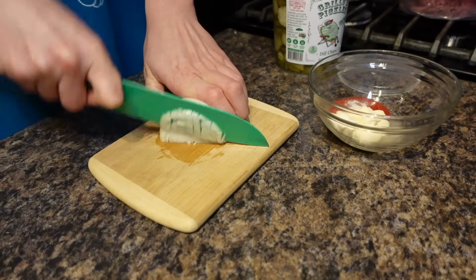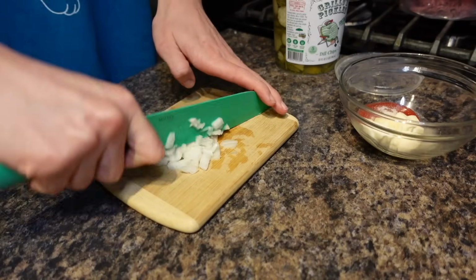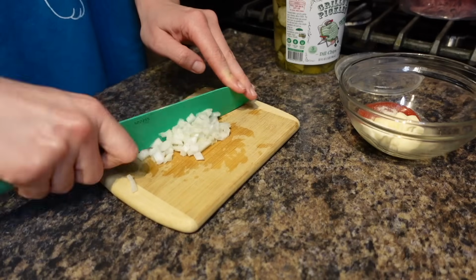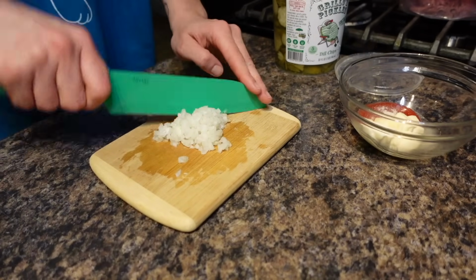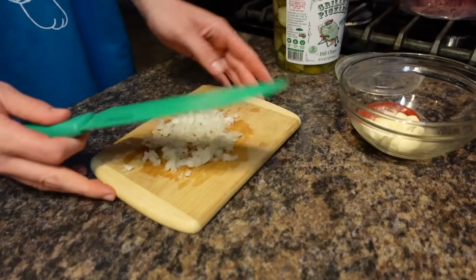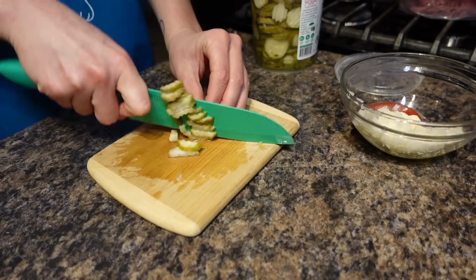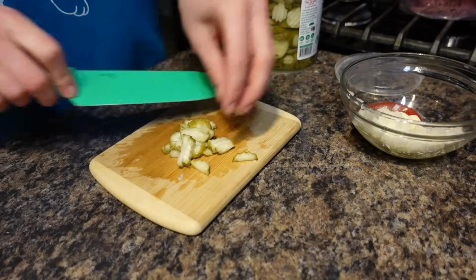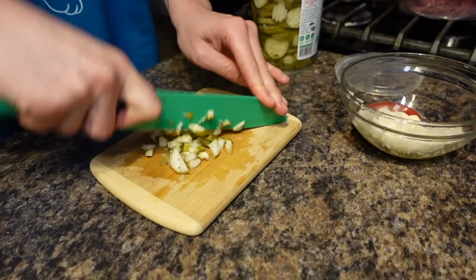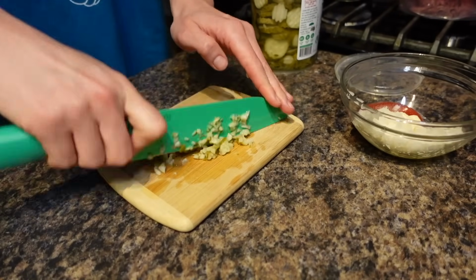First I'm starting out by making some homemade sauce that's supposed to be like a Thousand Island. You could always just use a Thousand Island dressing for this, but I used some light mayo, a little bit of rice vinegar, some ketchup, diced up some onion as well as some pickle, and then added some garlic powder and garlic salt to make a sauce. That way it's just a lower point option because I use the light mayo and I control what goes into it instead of sometimes buying salad dressings at the store. I feel like I've actually had a hard time finding a good lower point Thousand Island dressing option. But once I chop everything up, I just whisk that together until it makes a sauce,